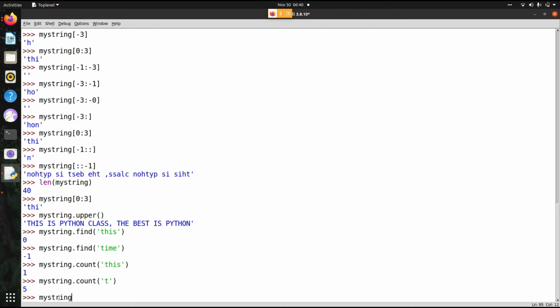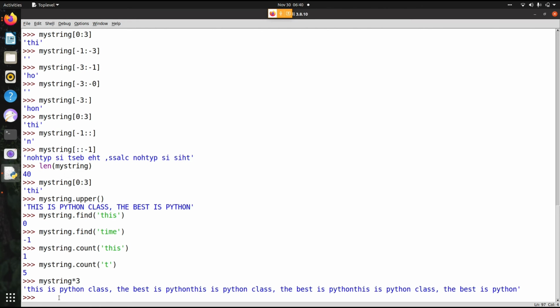And now my string into, I'm saying my string into 3. What happens now? It has printed 3 times to me. It has multiplied the string 3 times. In Python, this is the beauty of it. When you multiply with something, it will be more meaningful. Textbook into 3 textbooks, right? So I have a sentence here into 3 sentences. That is simple. That is the logic of this one.